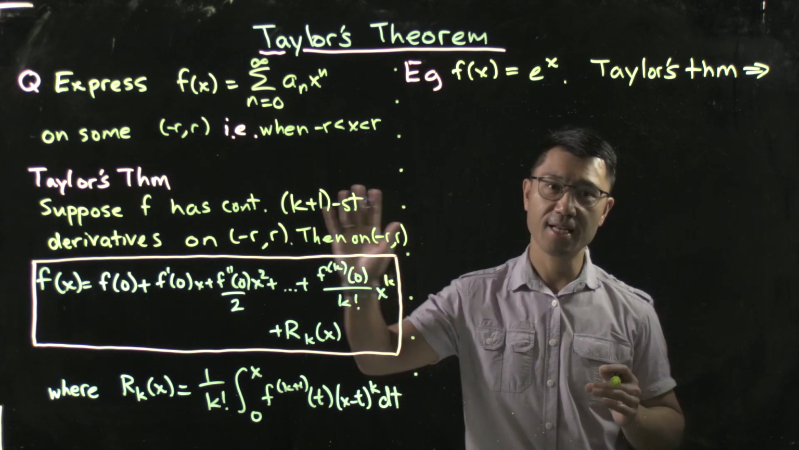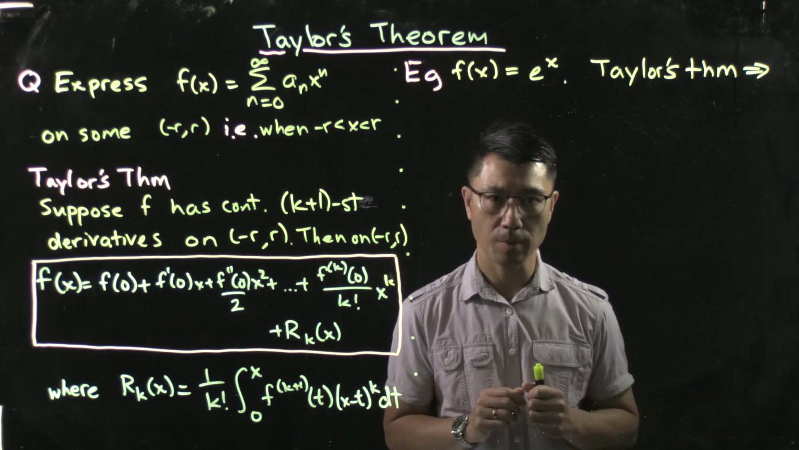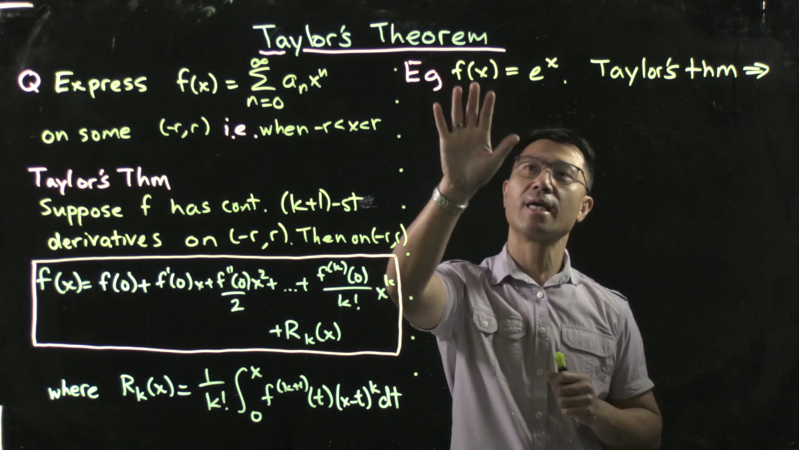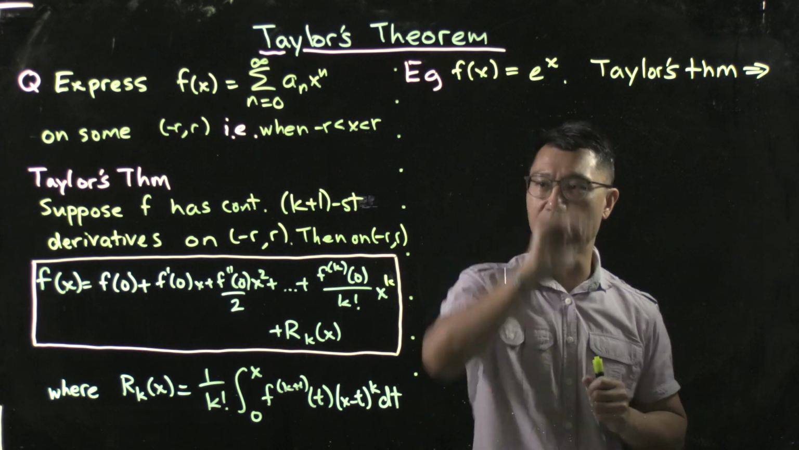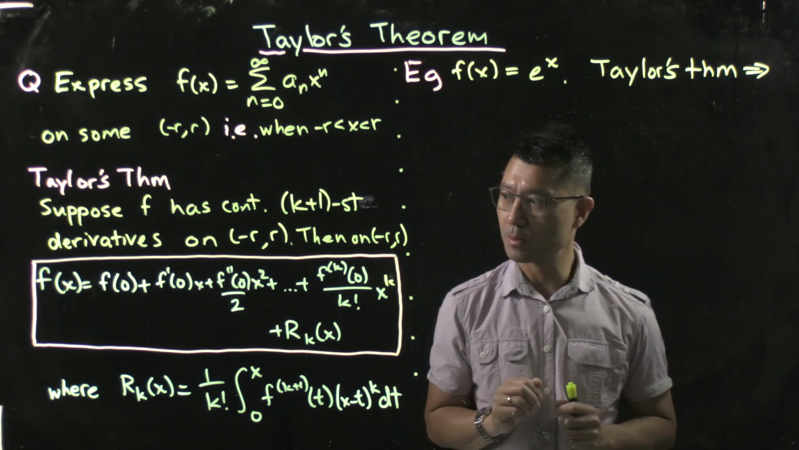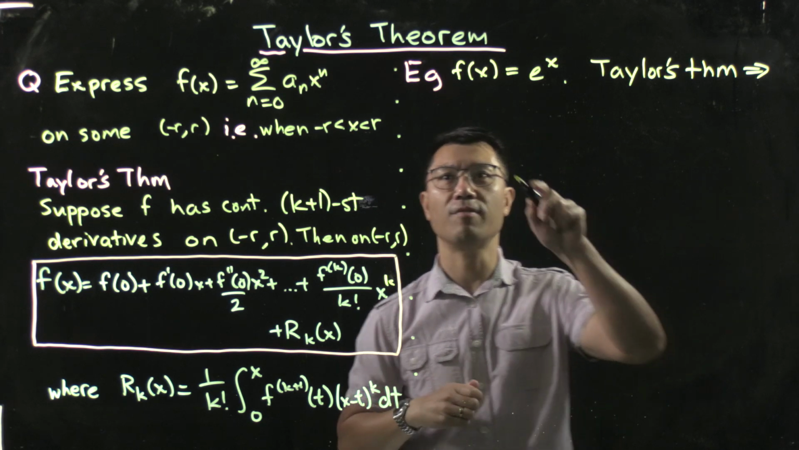Before proving Taylor's theorem, let's have a look at this theorem in action with the following function. Here I want to take f of x equal to the exponential function e to the x. So what does Taylor's theorem tell you? Okay, so let's rewrite this formula out. So we have e to the x here,